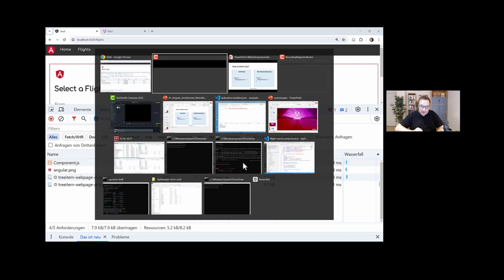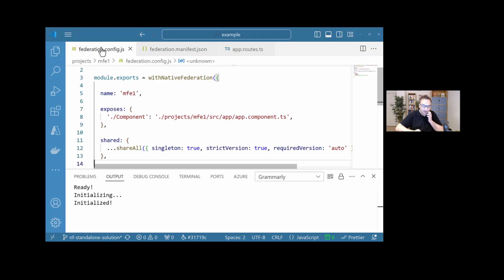So if we look into the source code of all of this, then we see we have really a traditional Angular application here. Actually both the shell, but also the micro frontend is a traditional Angular application. And it could also be a traditional React or Vue or Svelte application or something else. So no special things in there,